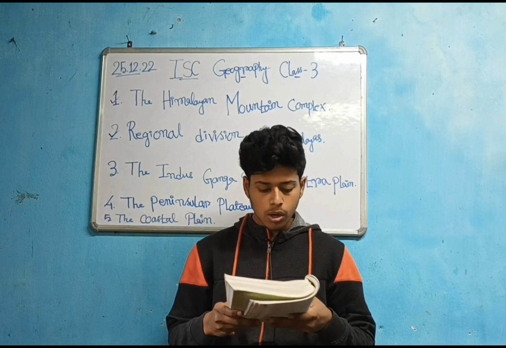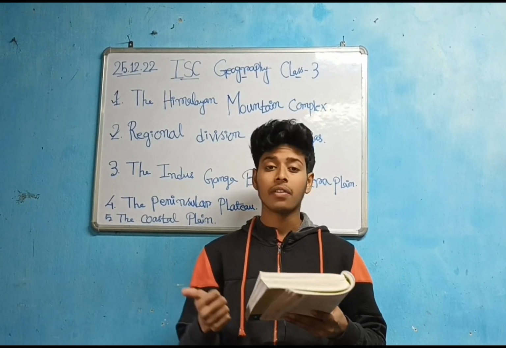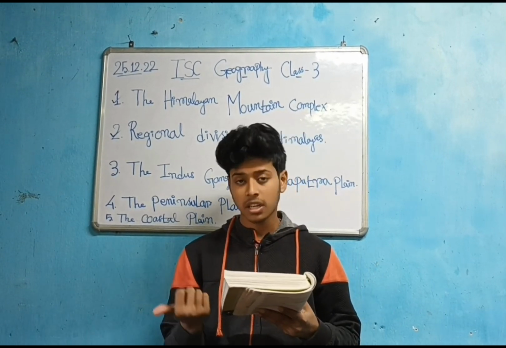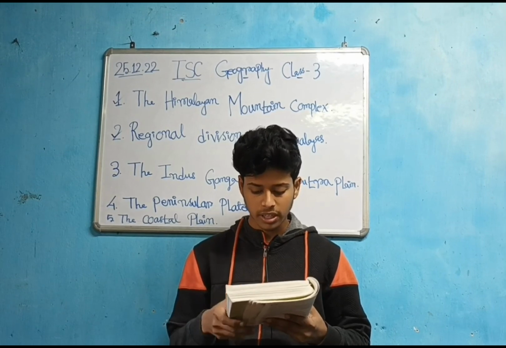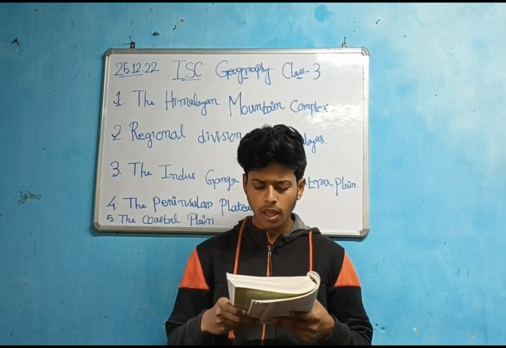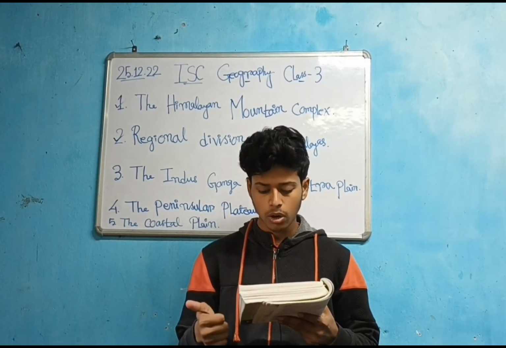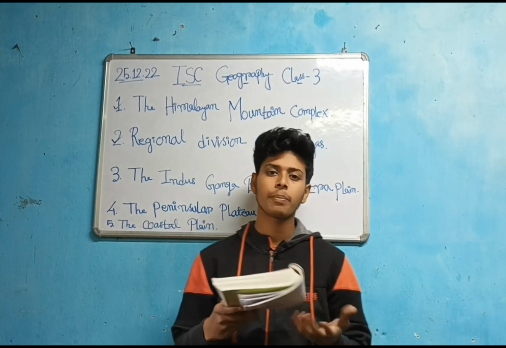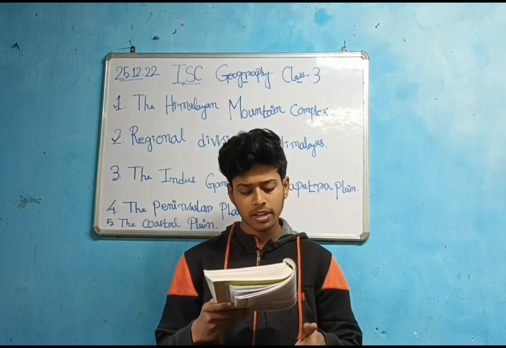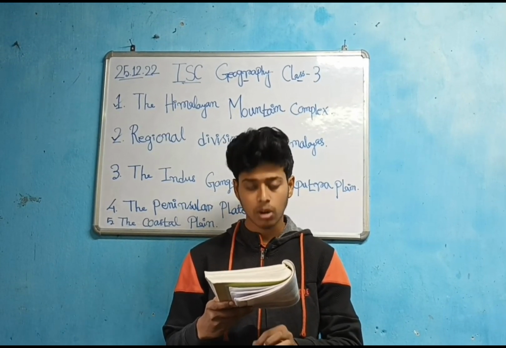So, what are the regional divisions of the plains? That is the Rajasthan plain, the Great Indian Desert, which is also known as the Thar Desert. The desert area lies mainly between the Aravalli range in the east and the alluvial plain of the Indus in the west. मतलब desert area कहाँ पर है? Most of the majority part is between the Aravalli range in the east and the alluvial plain of the Indus in the